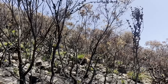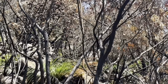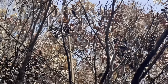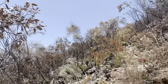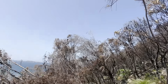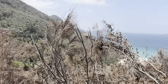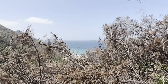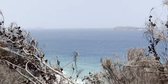Oh, this is amazing. There's this grass skirt and its flowering stem has been burnt, but look how tall its stem is. So there were many indigenous uses for grass skirt and their stems. They're quite attractive to birds, but even from here, so there's Stevens Peak and there is Wreck Beach in the distance,